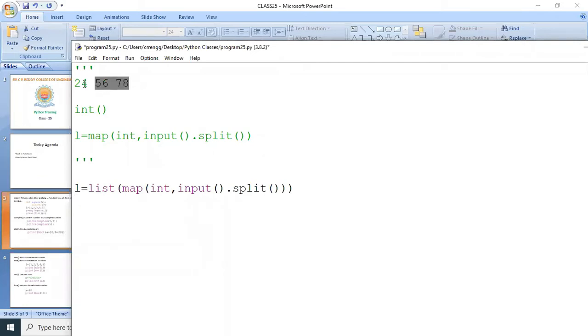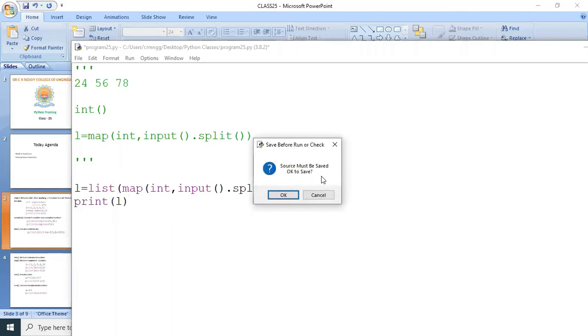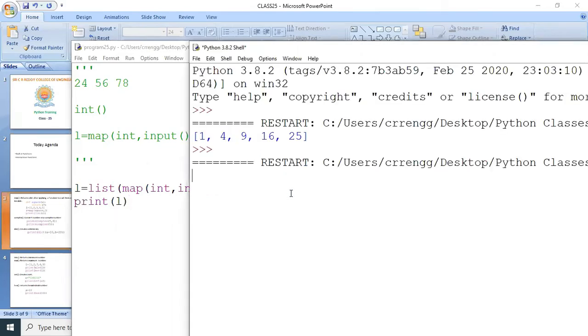We execute this. We use this instruction in many programs. When you want to read the data in a single line, like 24 space 56 space 78, then you use this map function. So print L, with input like this: 24, 56, 78. If you observe, all these are stored in a list.